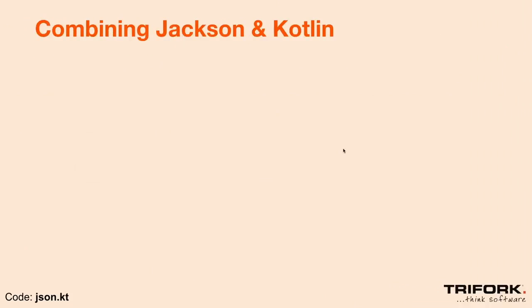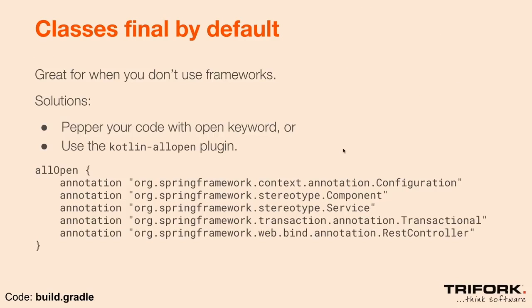All right. Next is classes are final by default, which is absolutely great when you're not using any frameworks, because then you get exactly what you want. You want everything to be final and fixed unless you open it up. This is the new way of doing things, and we really love it. I love it for values, but for classes, it's sort of annoying, because we used to not know, which was nice. Spring would do all kinds of magic stuff, extending our classes and wrapping it around things, and I used to not be really